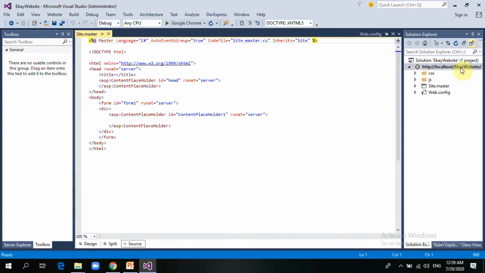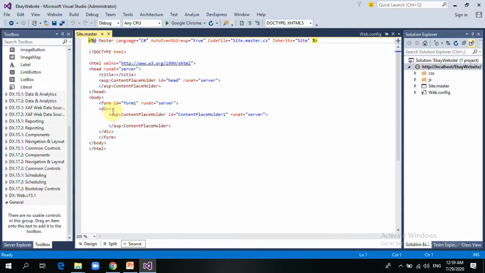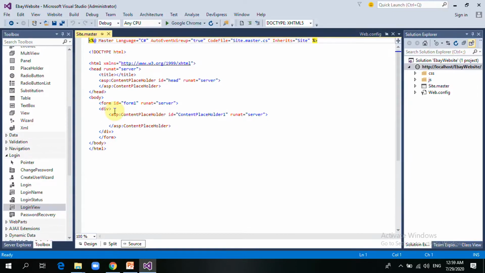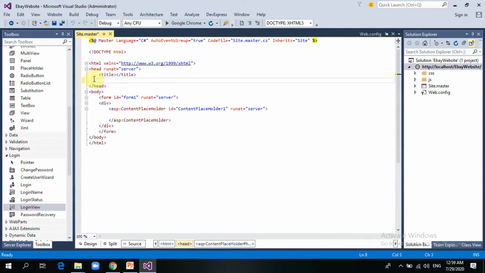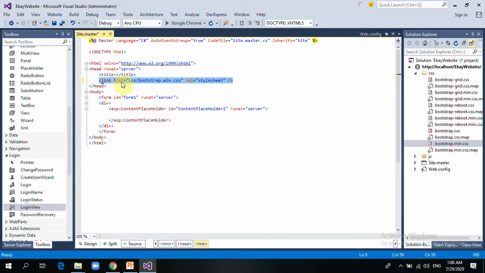Hey, I should have named this app eBay bot instead of eBay website. Anyway, now that I have this, I can first of all drop my content.header. I don't think I need this, so I can drop my CSS file, minified version. So I can drop that here,